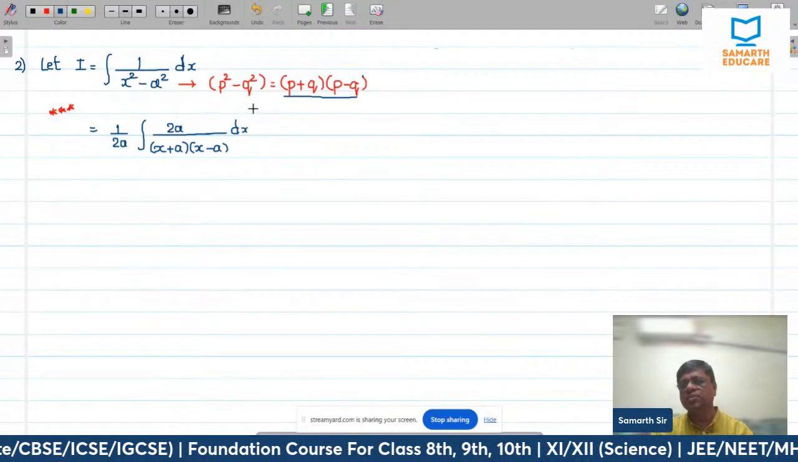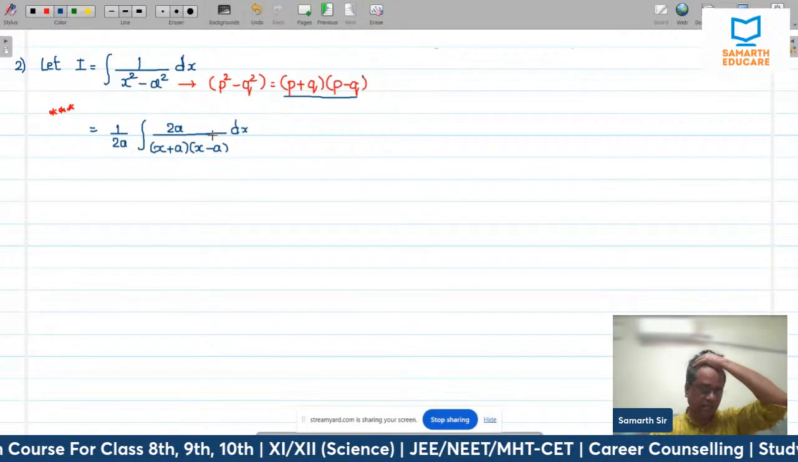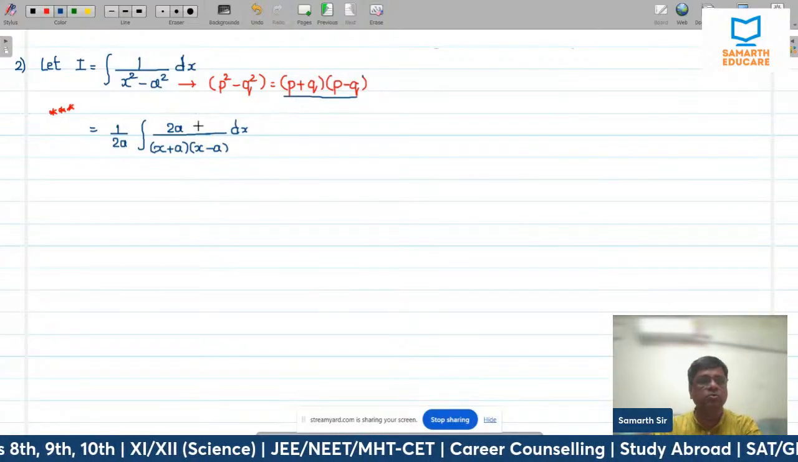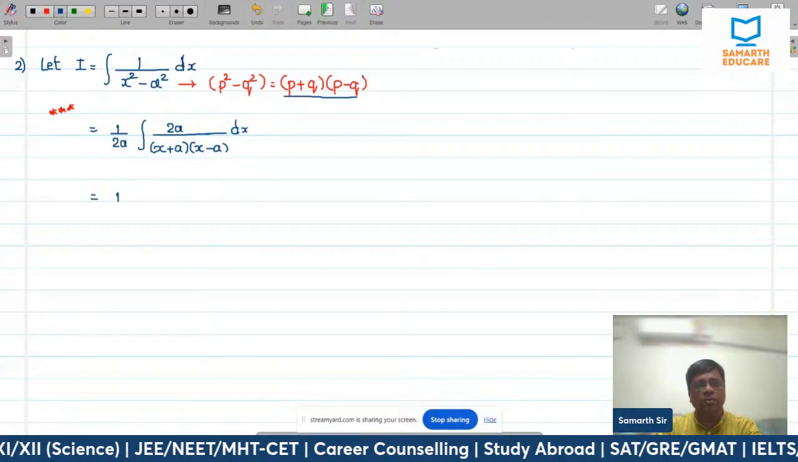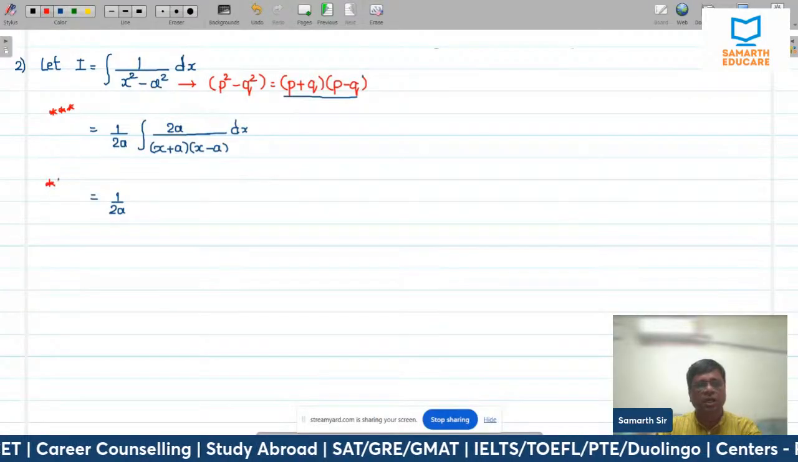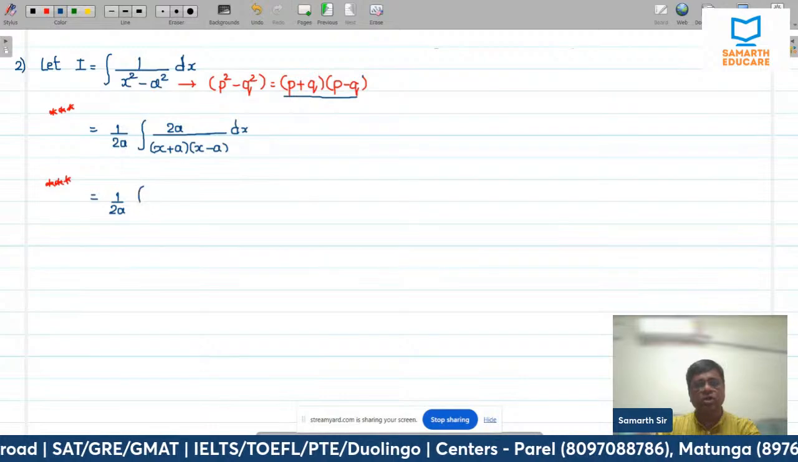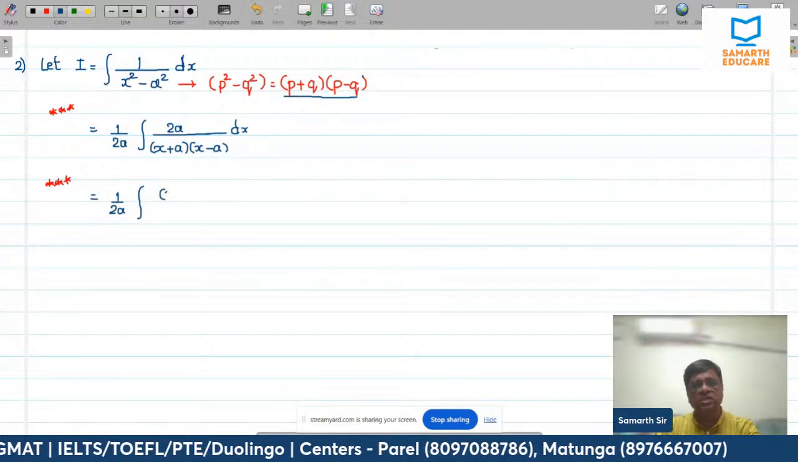Once again you are multiplying and dividing by 2a. Multiply अंदर किया, 2a बाहर divide किया है. 2a anyways is a constant term, so you can multiply and divide. So 1 upon 2a. Now the second important step of this proof is, again I'm repeating, अगर ये समझा तो third one भी आपके लिए easy है. Second important step of this proof is x plus a